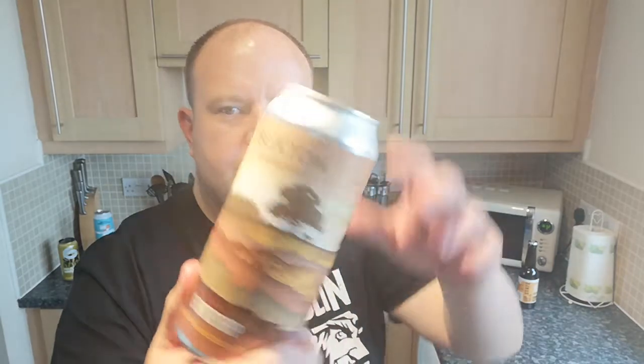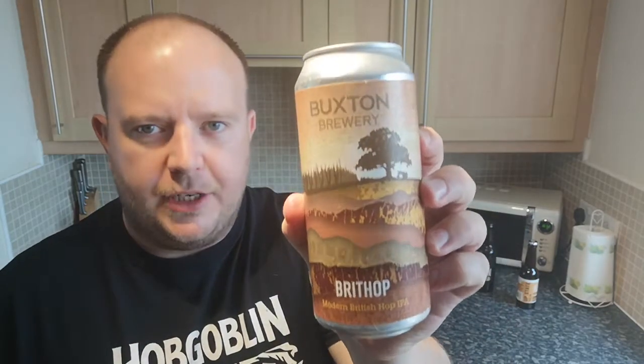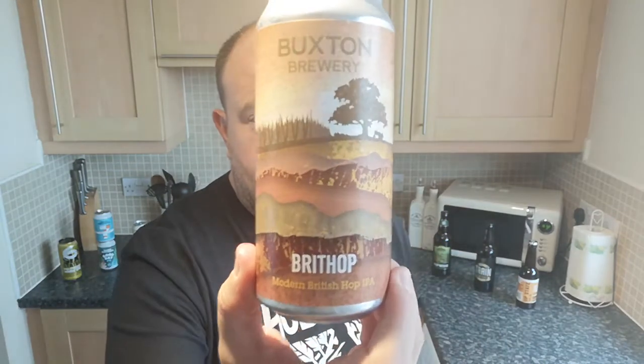It is 6.8% ABV, so it's exactly the same strength as their Axe Edge, their core IPA, but this is British hopped. I'm actually quite excited about this because it's not going to be grapefruity and pithy. It's going to be hedgerow hopped. It's going to be marmaladey and spicy. So I'd expect that from British hops,